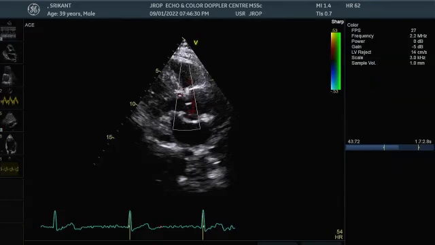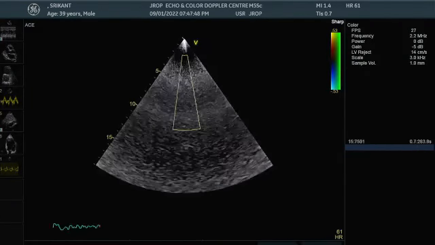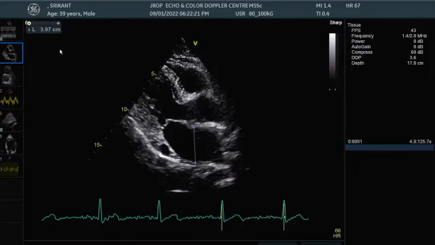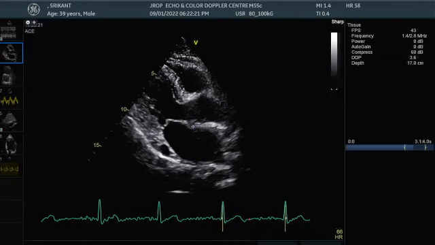Yes, can you hear me, please? Any questions? Yes, I want to know, when we measure the LA diameter and LAO, should we measure in a Planck's window or in a short axis view? LA diameter is always measured in parasternal long axis view. This is LA measurement. Can you see on the screen? I'll measure it again for you. This is from this point to this point. We say that this is LA measurement, LA diameter.